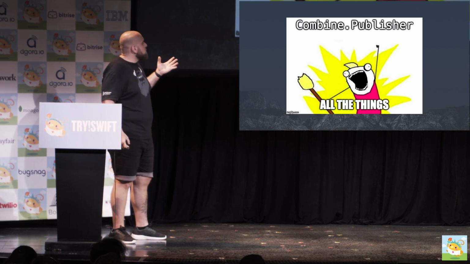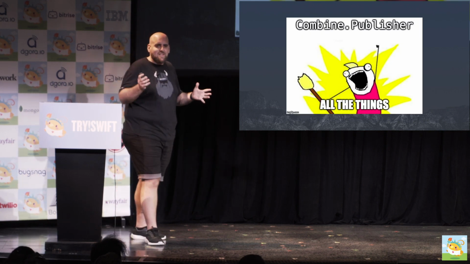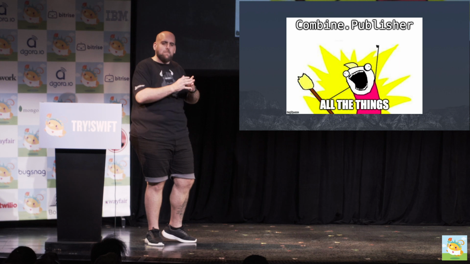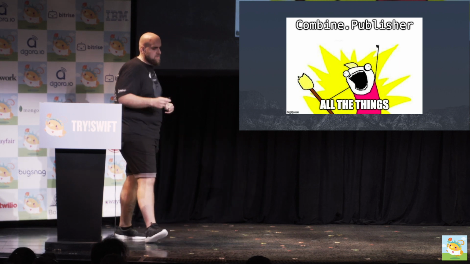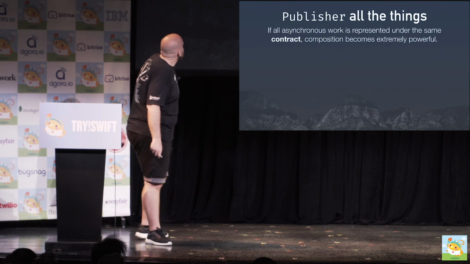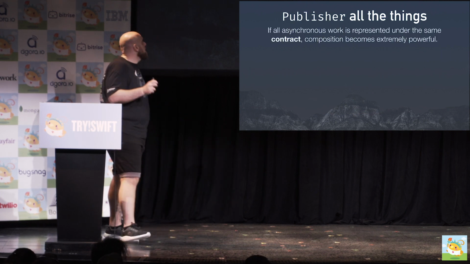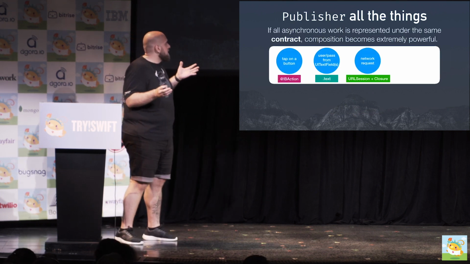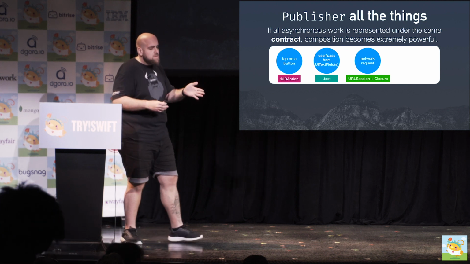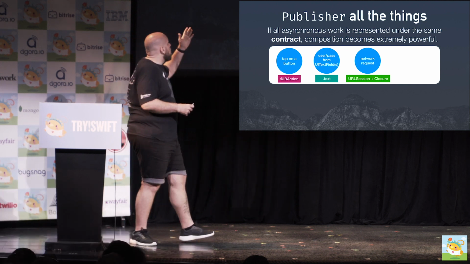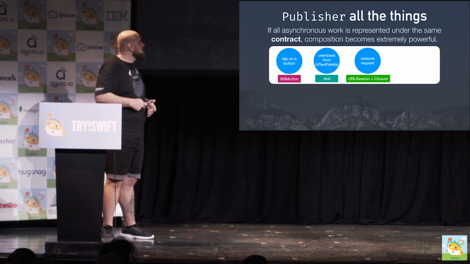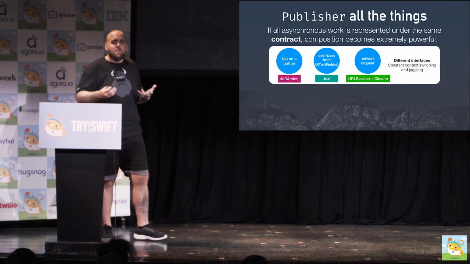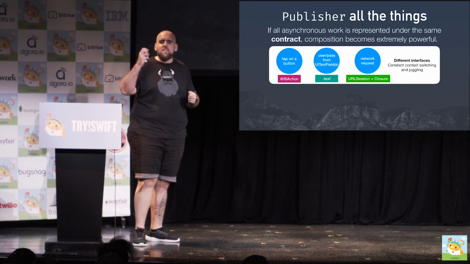Our purpose is really to publisher all the things, because the more publishers you have, the more you can put them together and make really interesting compositional ideas and options. Today, we have a lot of different ways to represent asynchronous work. We have taps on a button that are IBActions, or a network request where we would use a closure to handle our result. And that requires quite a bit of juggling between different contexts, how we take these different results